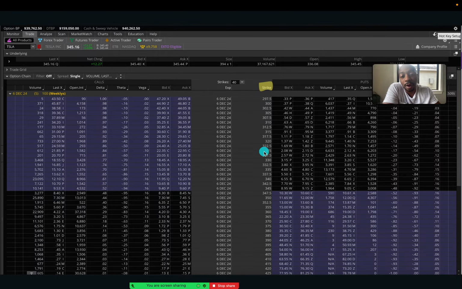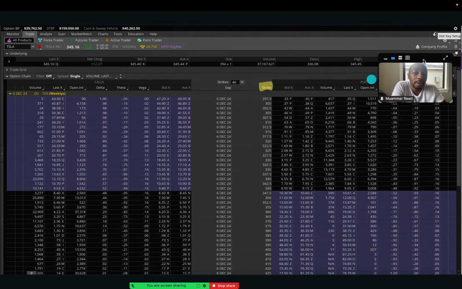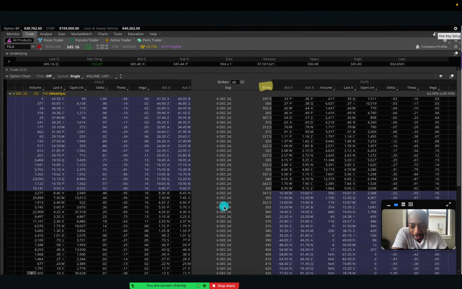The strike prices are right here, right? So if we're looking at where my arrow is at the 345 strike, just in terms of the language of options and option chains, if I were to say I'm buying the December 6th 345 strike, we are going to be talking about either calls on this side or puts on the right side of my option chain. And so if I'm buying the 345 strike and we're talking about calls, we're talking about this particular price right here, which is